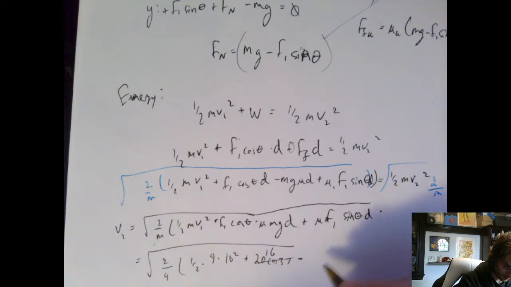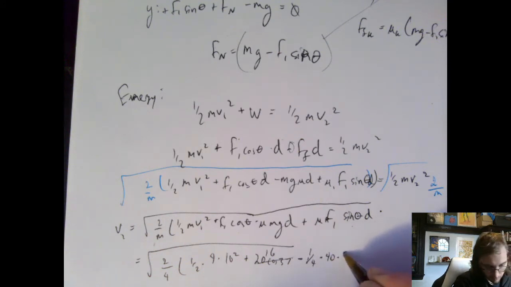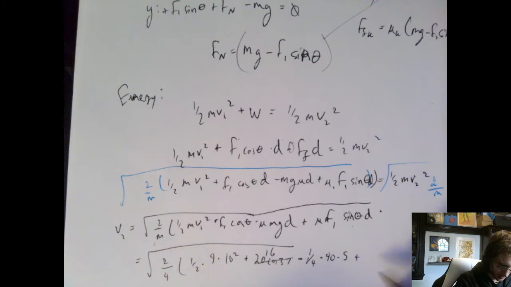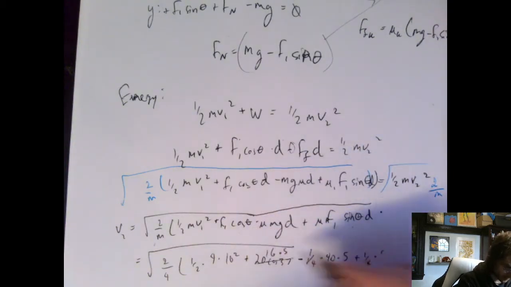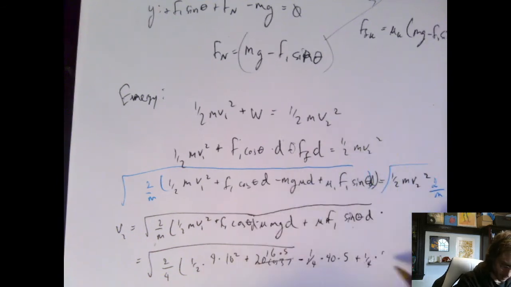Minus mu, which was 0.25 or 1/4, times 40 times 5, plus mu, which was 1/4, times, oh, I keep forgetting d, times 5, times sine 37, which is 40 sine 37, or 20 sine 37,